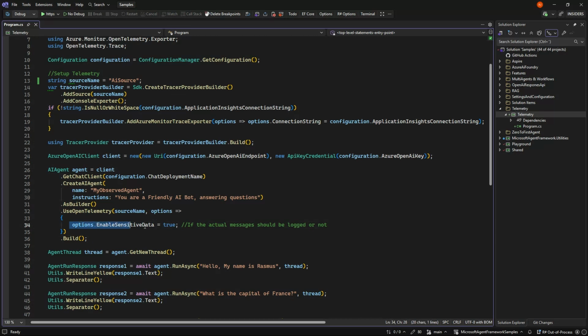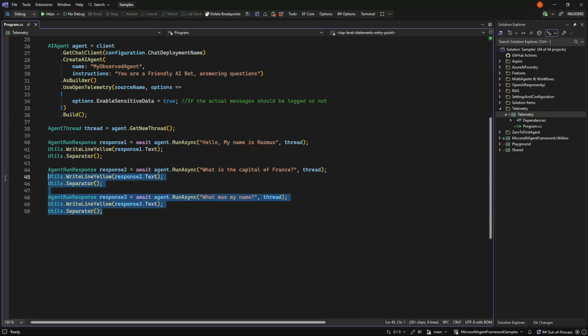Microsoft recommends that you don't turn this on in production, of course, but they can't stop you from doing it. So if it's for training or anything, you might do this. But beyond that, I'm doing nothing special.